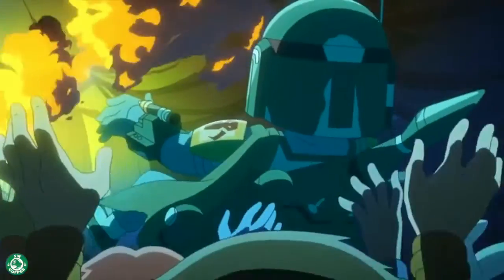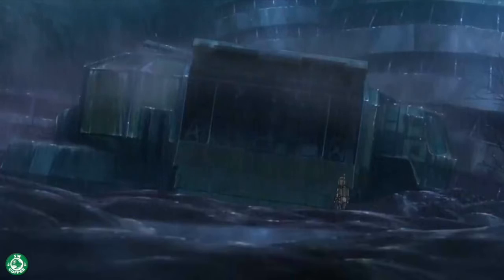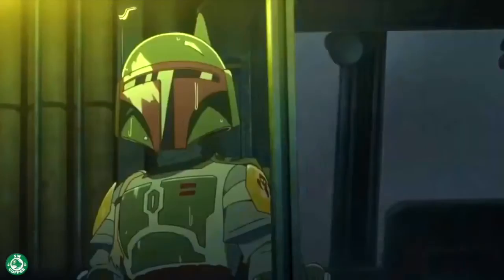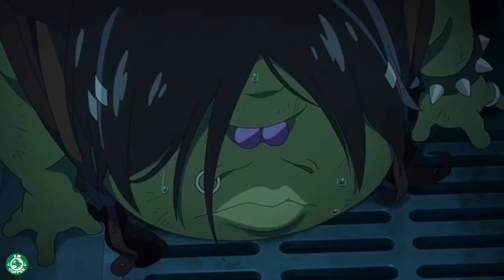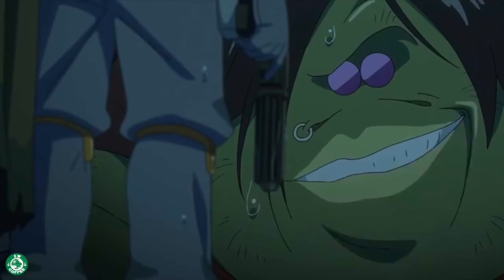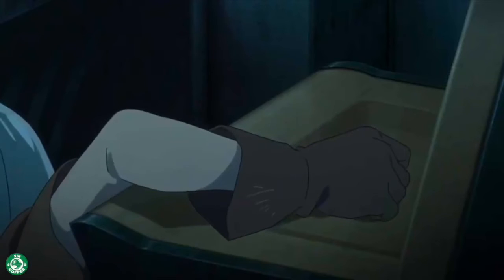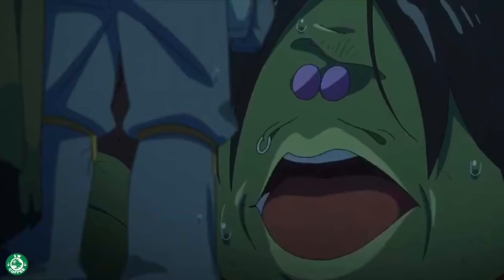The thing I just don't understand is, as an animation studio, you want to show off something, right? So you create a cool fight scene where you can show off your animation. I mean, you only have 15 minutes, but I feel like they literally made themselves look horrible. They made all the wrong decisions. There's zero fight scene. Not saying that there has to be one, but the point of it was just...